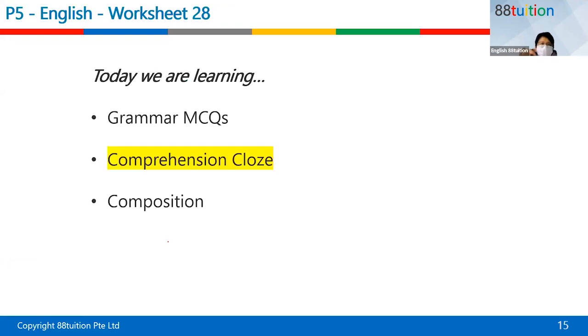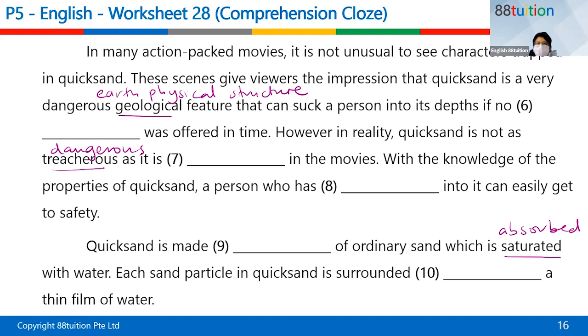Comprehension cloze. Let's try. This comprehension cloze is about quicksand. Quite interesting, right? Quicksand. You can see the word trap. Okay, so we go through the words first. In many action-packed movies, it is not unusual to see characters trapped in quicksand. Later I'll show you. I think you know what quicksand is. If you watch movies, you know there are stories to do with quicksand. These scenes give viewers the impression that quicksand is a very dangerous geological